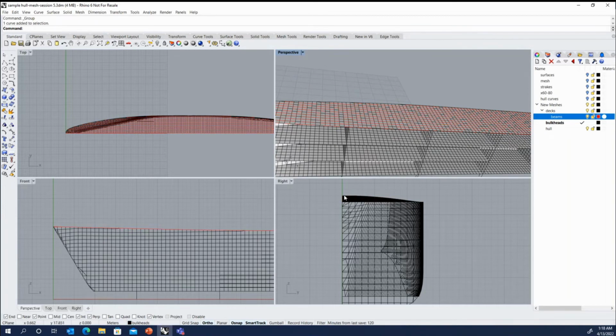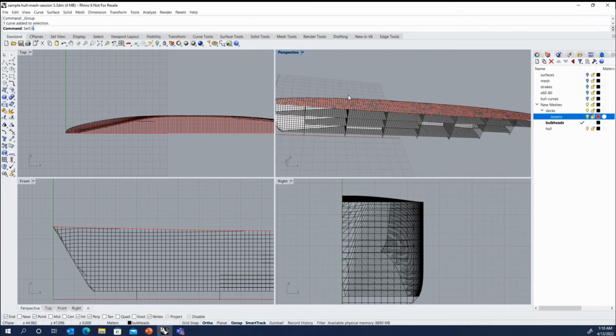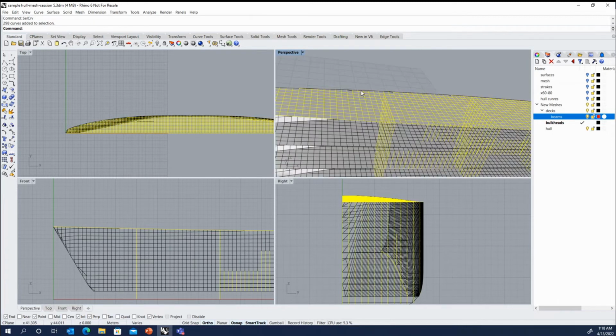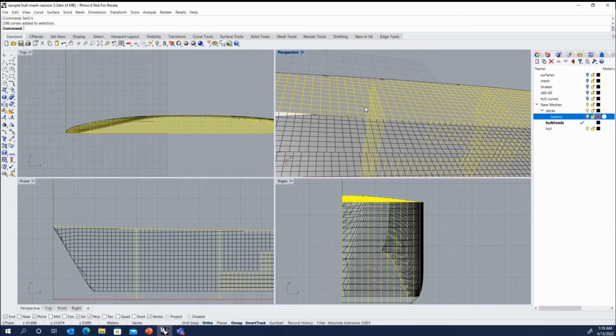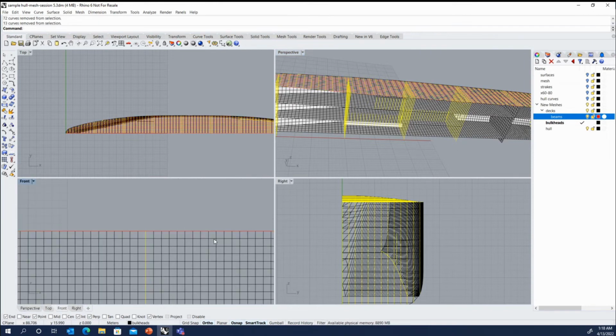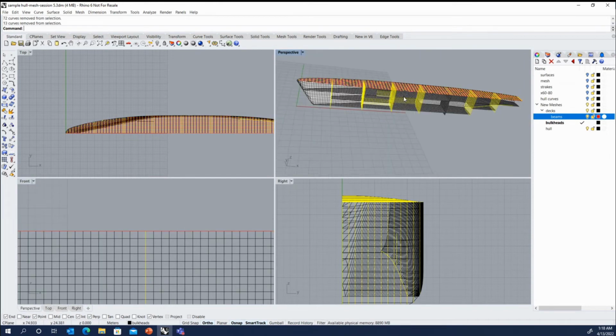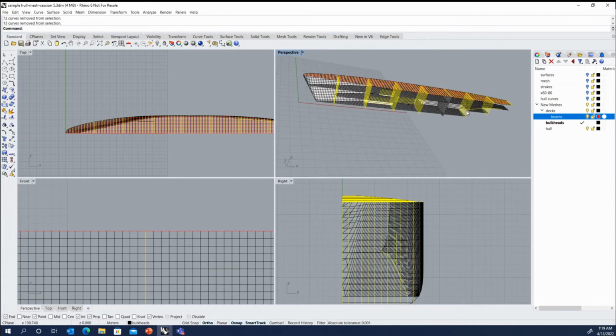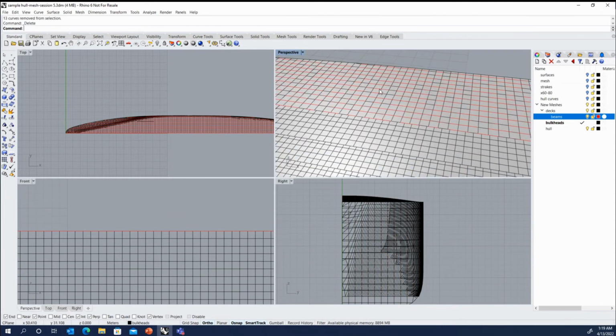My longitudinal curves, I wish I had created them in a group, because then what I could do is select curves, and I could unselect my frames. And if I had done that, I could unselect longitudinals, but I can do that fairly easily here. And well, we have all these bulkhead beam traces, but I'm going to go ahead and get rid of all those right now. We'll just delete all of the curves. So now we have our deck, longitudinals, and